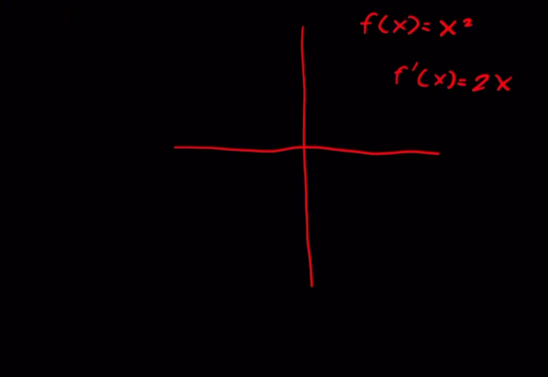So, in this case, at 1, the rate of change would be 2. So f prime of 1 is equal to 2, which means that there will be a tangent with slope 2 at 1. So, how do we apply something like this in 3 dimensions, or maybe even 4 dimensions? Well,